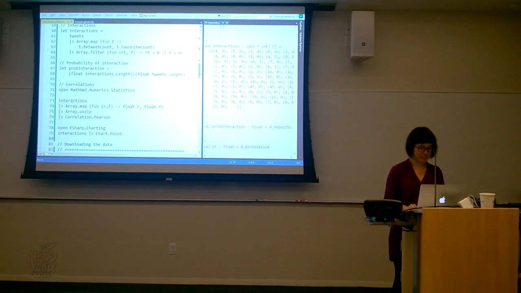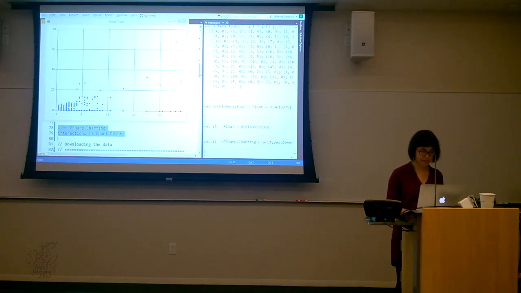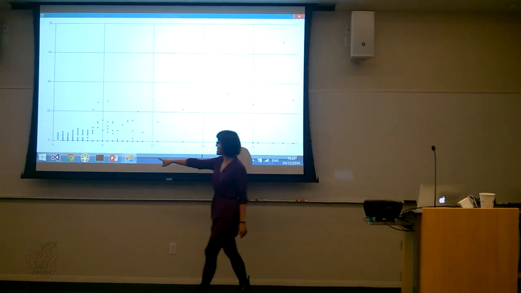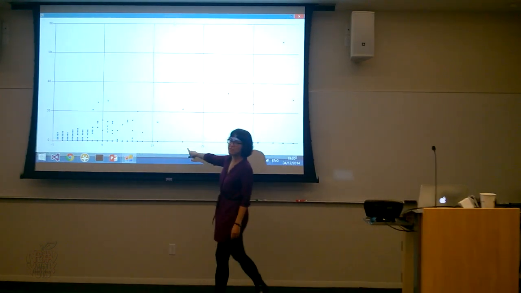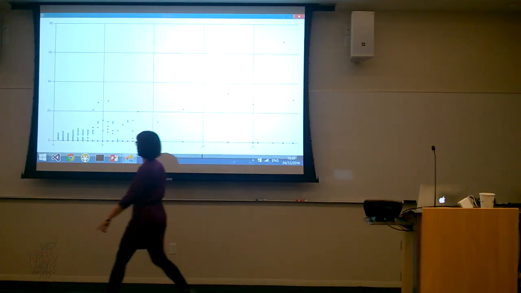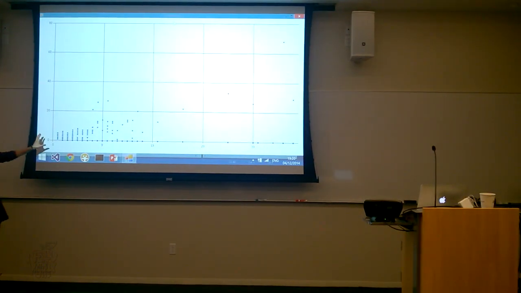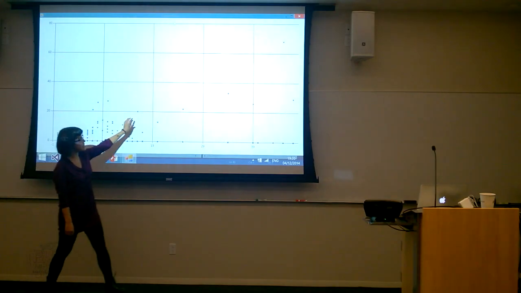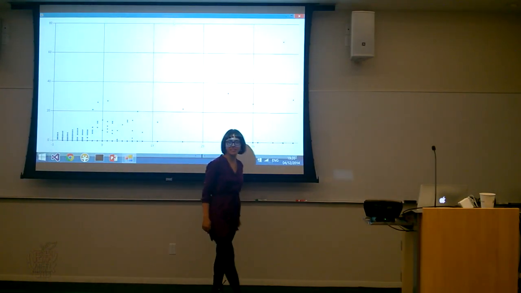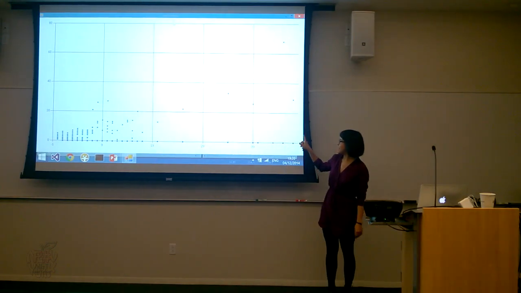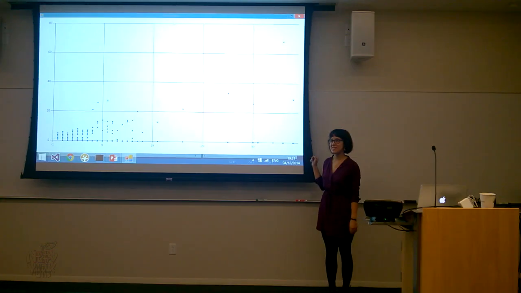But we can actually look at how the data look. And now here, on this axis, we have number of retweets, and on this axis, we have number of favorites. And you can see that there is a bunch of data where the correlation is actually quite positive, but there is a lot of tweets that don't get favorited at all, but they do get retweeted a lot.